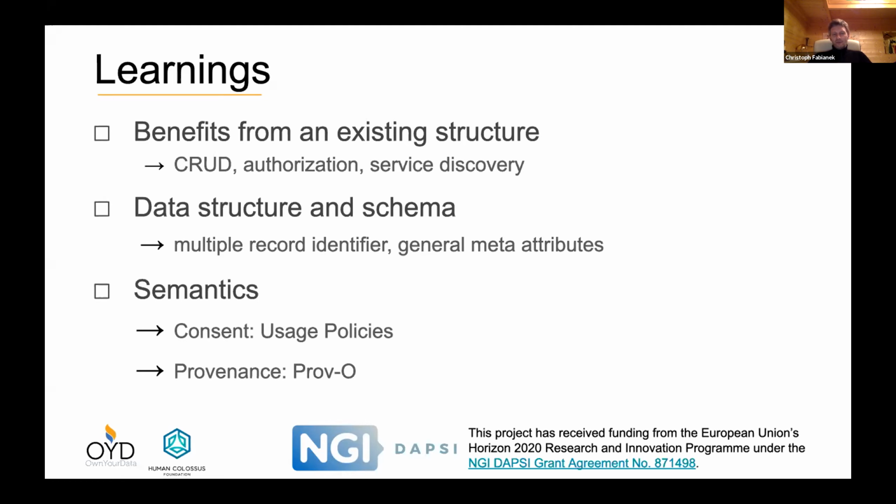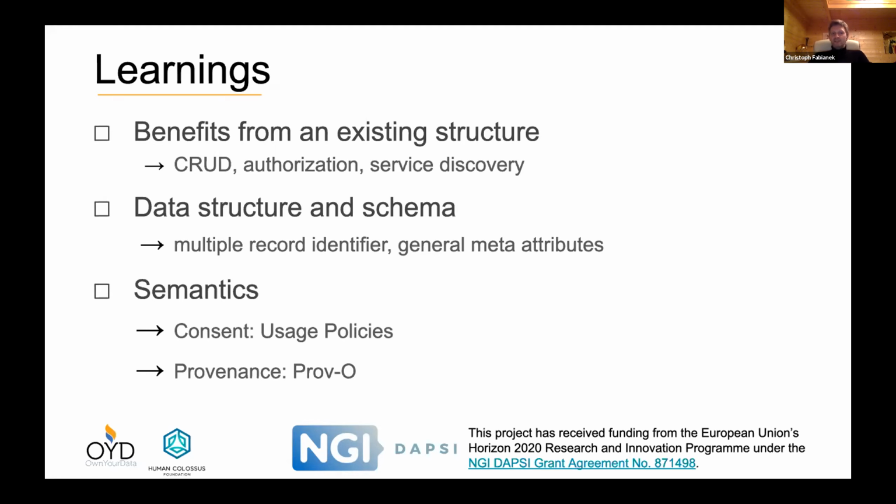Where I saw a few challenges were actually that just the endpoints alone is not enough. We also need to look into the data structure. So to have a common way how we exchange our JSON files, what should be the structure, what meta attributes are we actually providing.